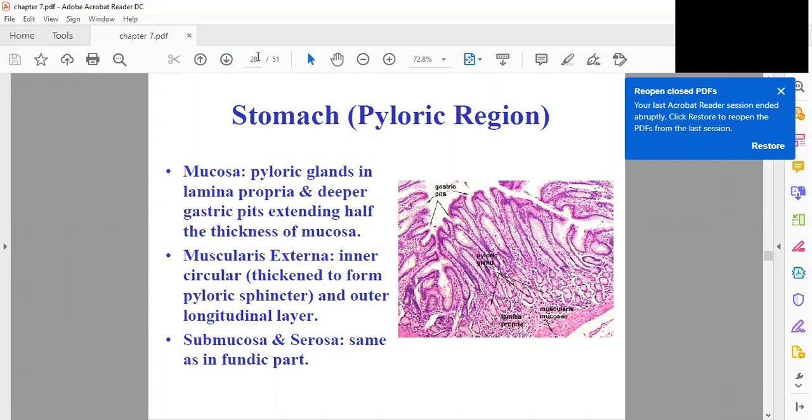The pyloric region of the stomach. The mucosa having irregular projections or folds, where pyloric glands reside in the lamina propria